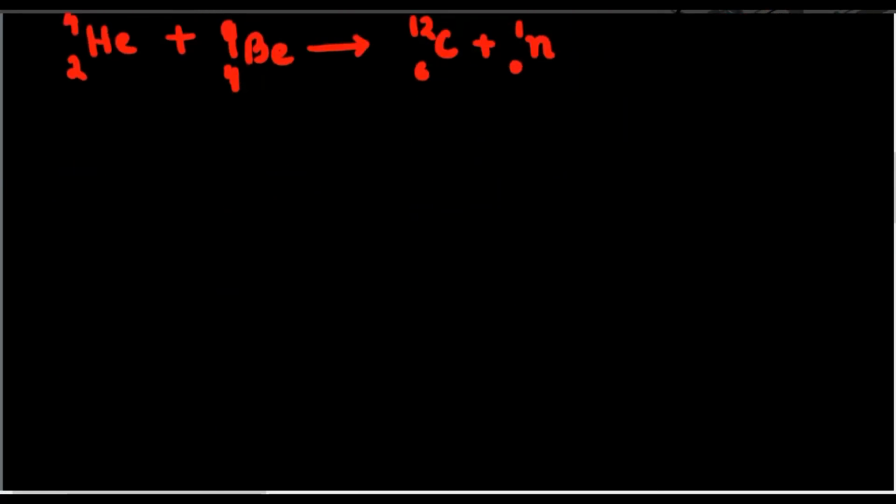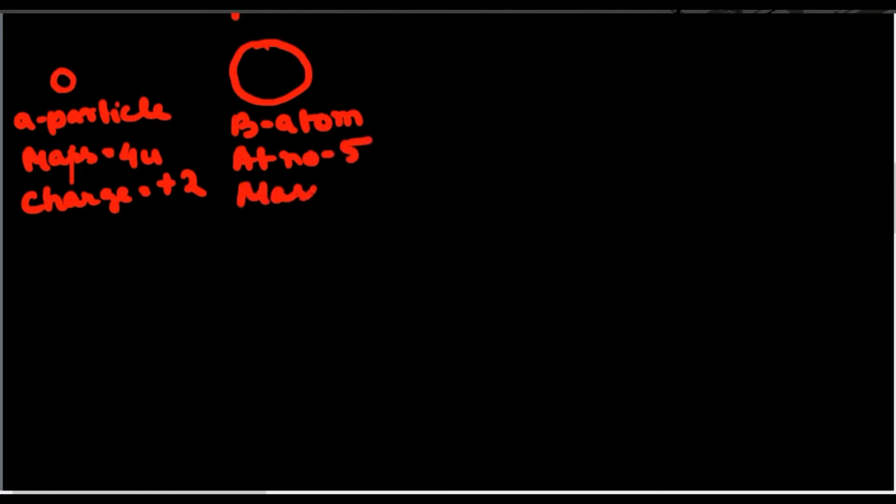Next, let us consider the example of boron. So similarly, an alpha particle with mass 4 unit and charge +2, when used for the bombardment of boron atom with atomic number 5, mass 11 unit, he obtained